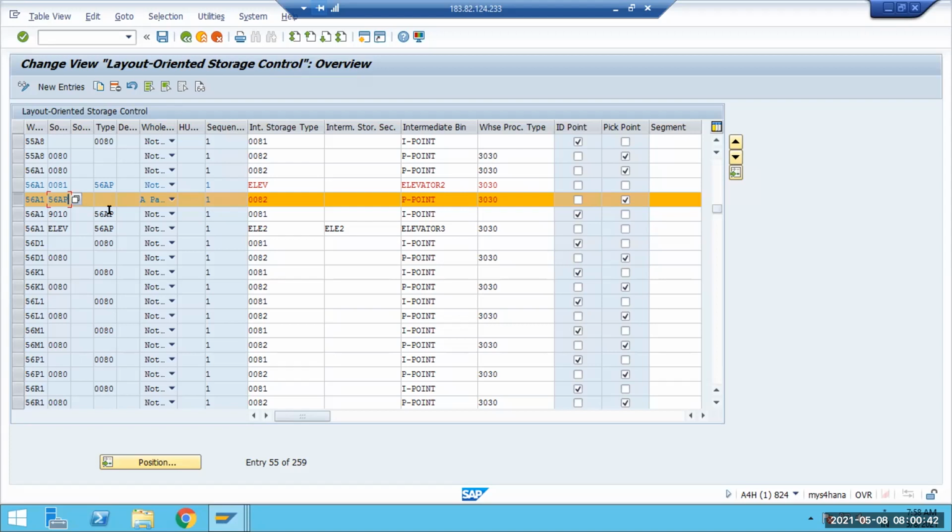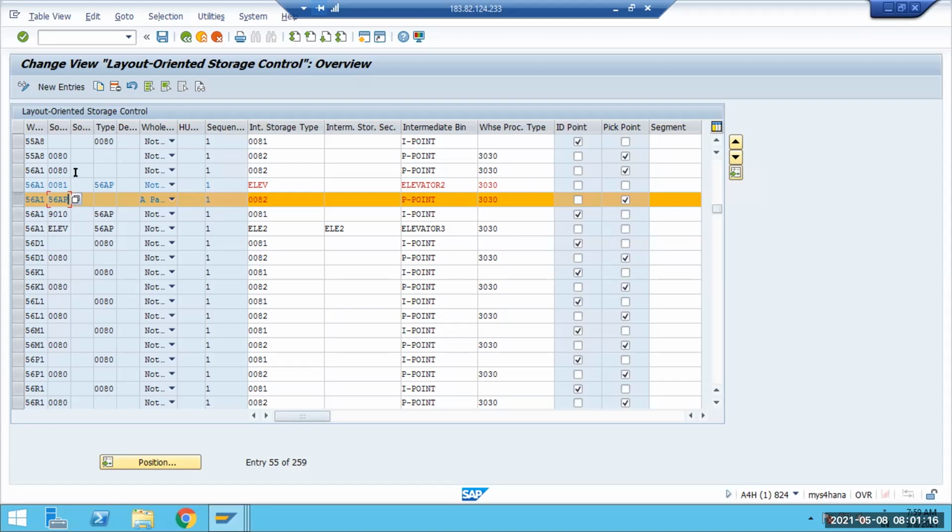But for the outbound side, the source is important because you have to pick up, right? So I have mentioned, this entry is 56 AP. The final bin from which I am going to pick up, this entry source is getting determined as 56 AP. And if you have to make multiple entries for the interim entries, then you keep repeating 56 AP. Like here we have repeated. Now I have made only one entry, but only the concept I'm trying to explain to you. 56 AP is the source for that pickup.